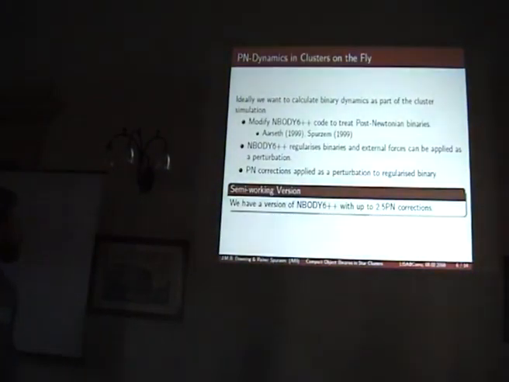And as I mentioned earlier, we actually have at least a semi-working version of the NBODY6++ code with up to 2.5PN post-Newtonian corrections. For the central mass black holes, we've got even further, a much better working version. For the stellar mass, we're still working on it. You'll see why in a moment.